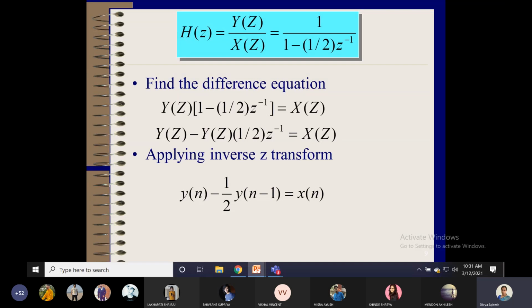So that is why the difference equation is obtained in the time domain from the transfer function. You can obtain it from the input output z transform equation as well as from H of z also. If it is H of z, then you have to write it in the form Y of z by X of z, cross multiply, then obtain. Otherwise, sometimes directly the equation may be in terms of Y of z and X of z. Just take the inverse z transform to obtain the difference equation.